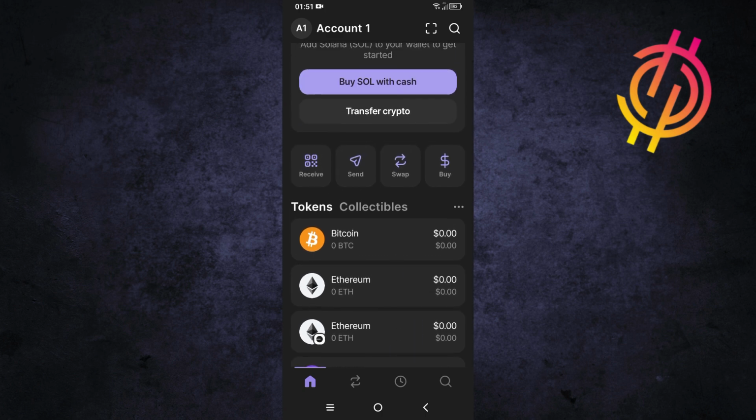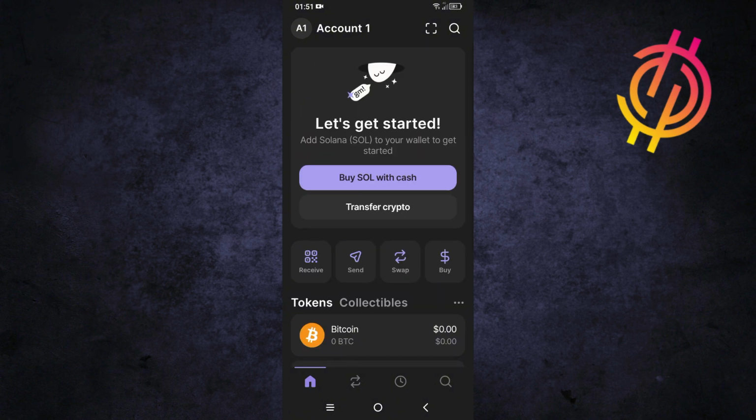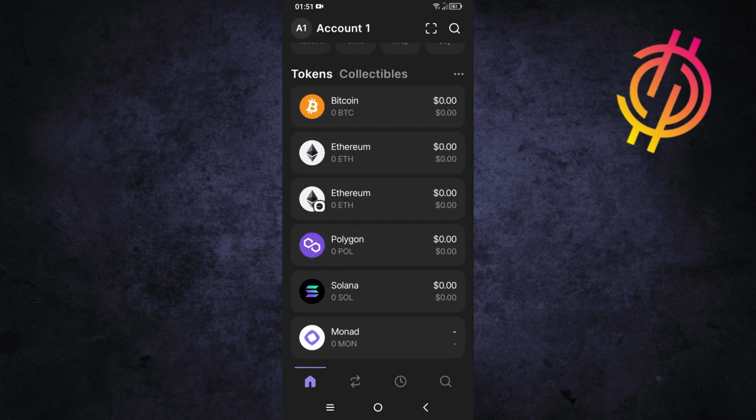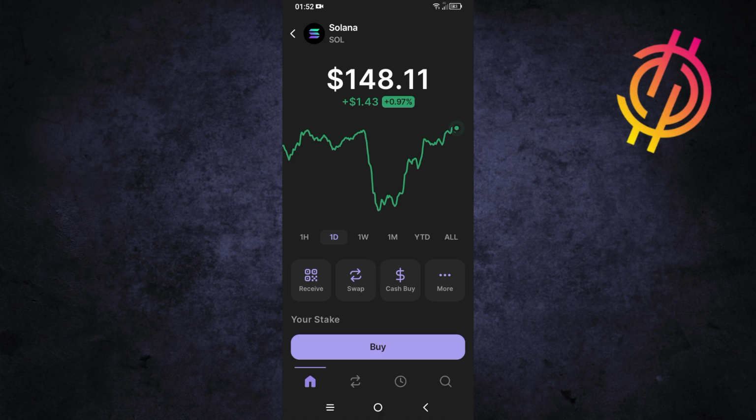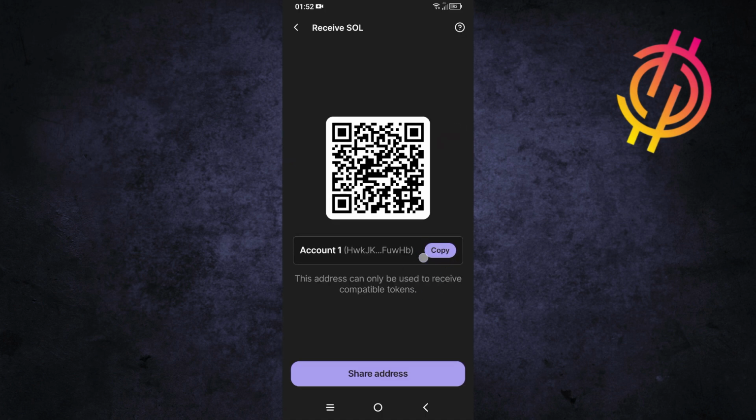Binance, now you need to get the withdrawal address of your token from your Phantom wallet. Now, for example, if you have assets of Solana, what you need to do? First of all, we need to get the withdrawal address of Solana. Now, just click on it, as you can see. And now to get the withdrawal address of Solana from your Phantom wallet, just click on receive. Now, as you can see, you can copy the withdrawal address of Solana